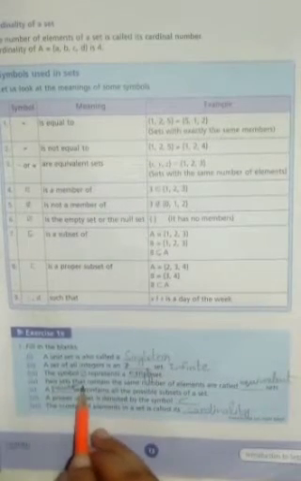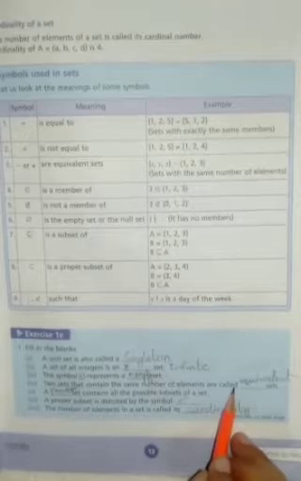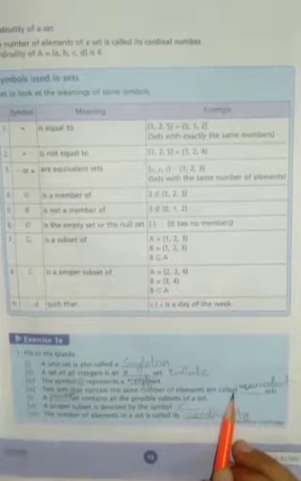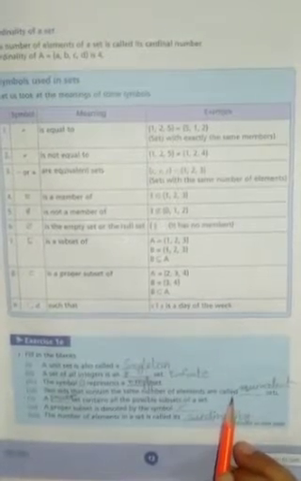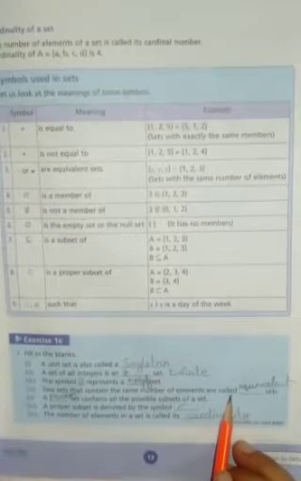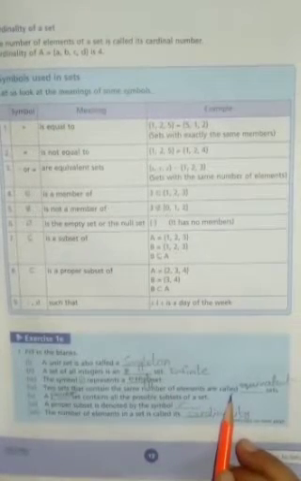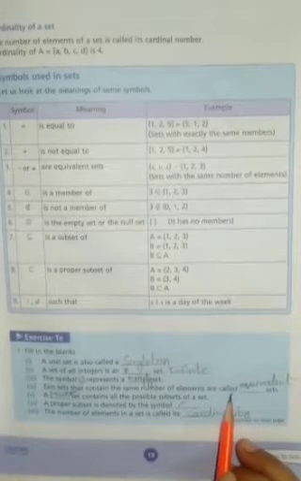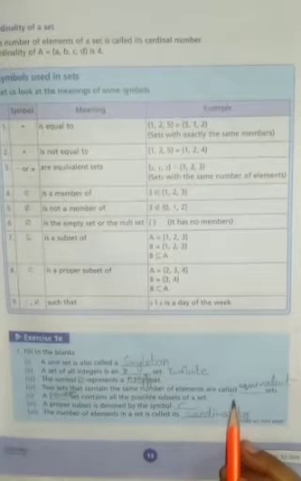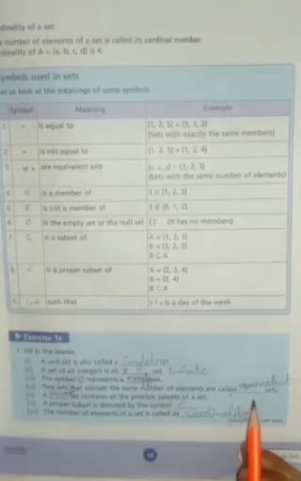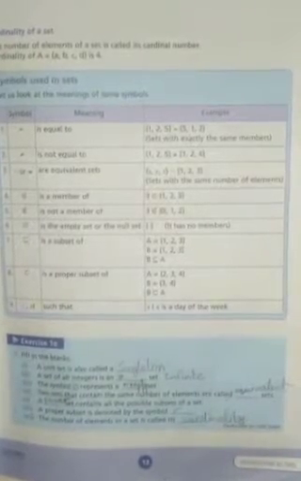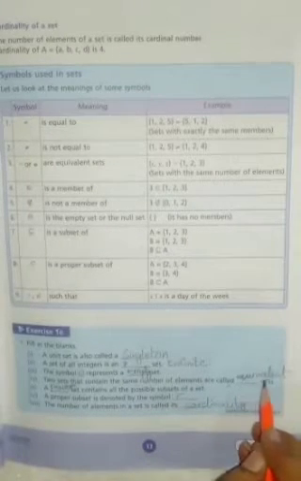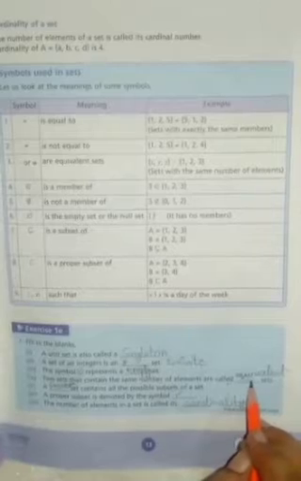And number 4, two sets that contain the same number of elements are called, students, you know very well, the two sets which have same number of elements but not the same elements. So what will be the two sets called if they have the same number of elements but not the same elements? It means if A set has 4 elements, then B will also have 4 elements. But the elements will not be the same. If A has 1, 2, 3, 4 and B can have A, B, C, D, the number of elements is same, 4 in each, but they have not the same elements. This type of sets will be said to be equivalent. So you will write in number 4 equivalent.